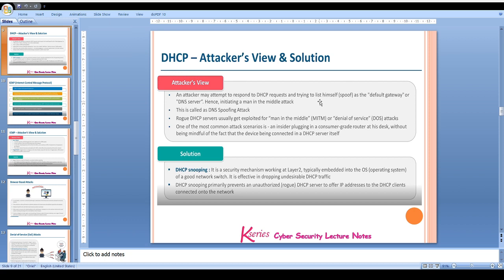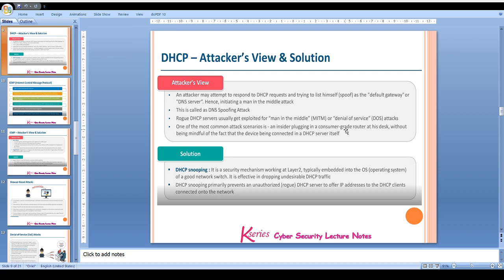This is also known as a DNS spoofing attack. DHCP servers usually get exploited for man in the middle or denial of service attacks. One of the most common attack scenarios is an insider plugging in a consumer grade router at his desk without being mindful of the fact that the device being connected is a DHCP server itself.